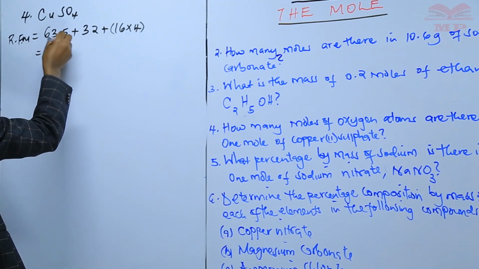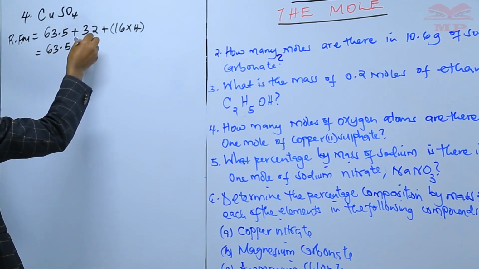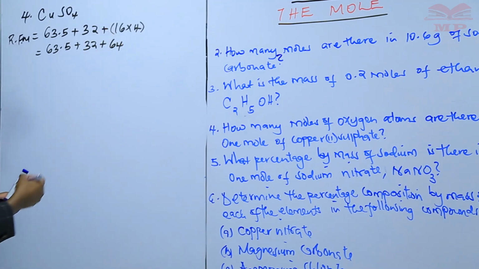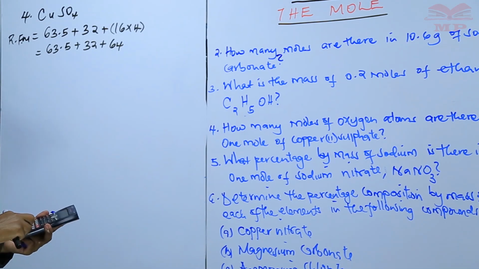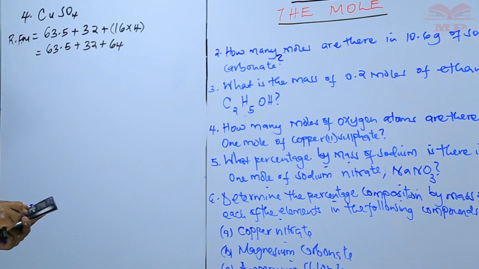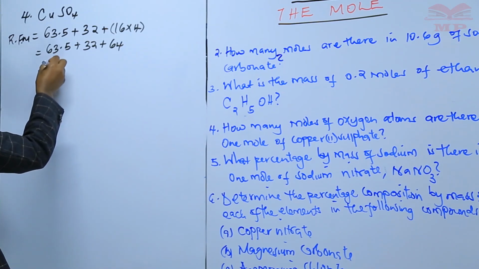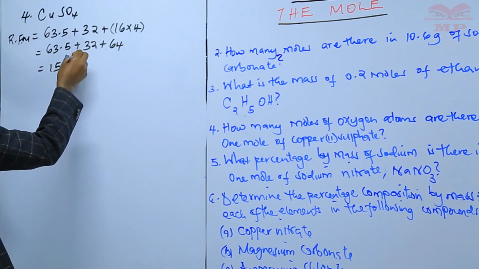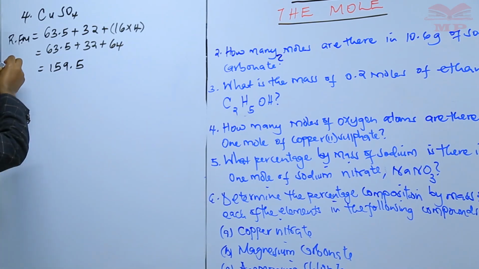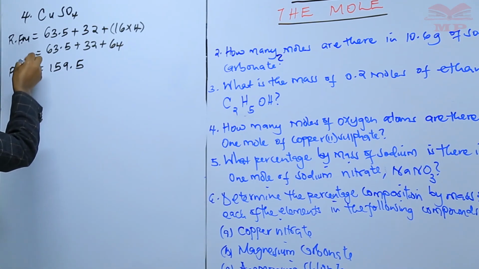This is 63.5 plus 32 plus 64. That is 159.5. 159.5 is the RFM, or the relative formula mass,